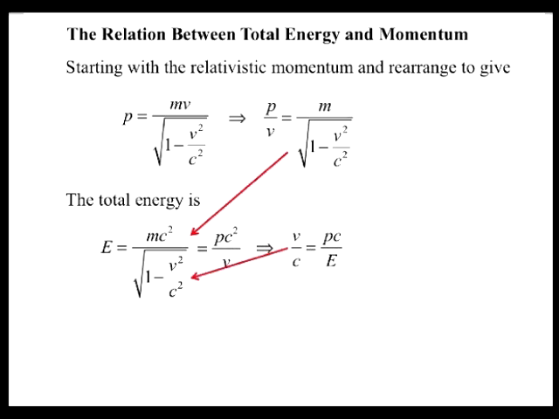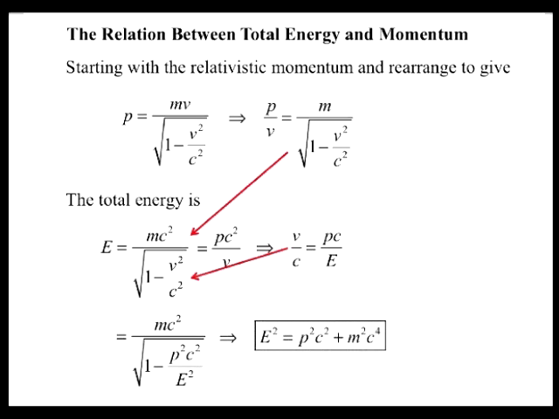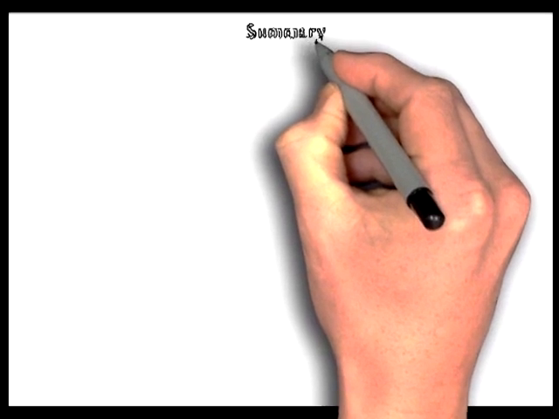Putting this back in for v divided by c, we obtain E equals mc squared divided by the square root of 1 minus p squared c squared divided by E squared. Finally, solving for E squared gives E squared equals p squared c squared plus m squared c to the fourth, which is our final relation between the relativistic momentum and energy. In summary, the relativity